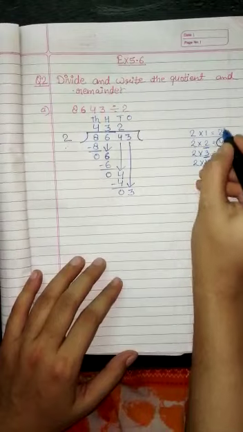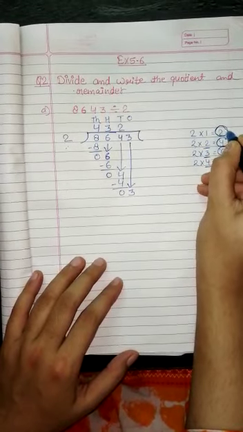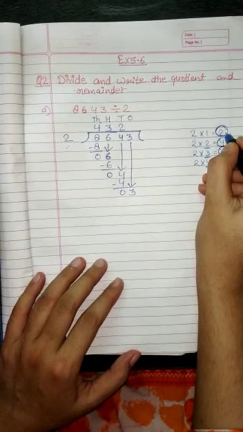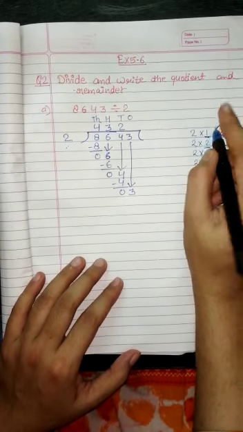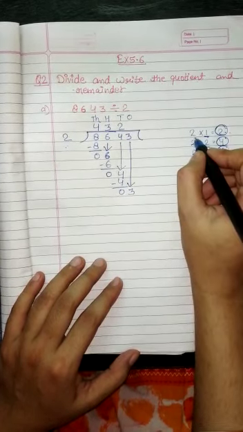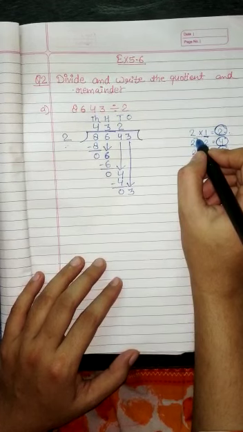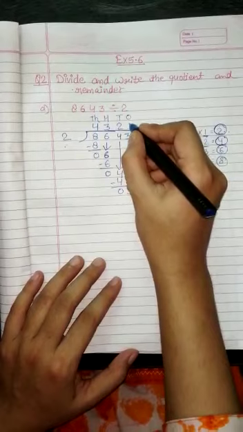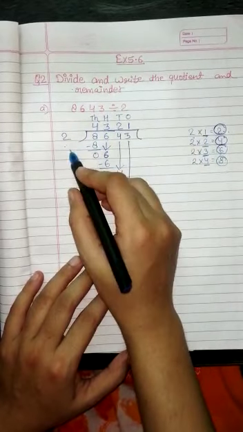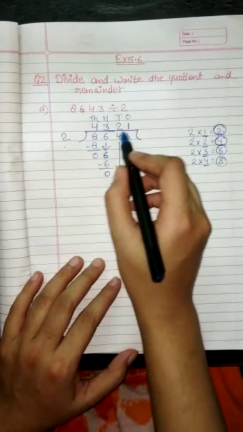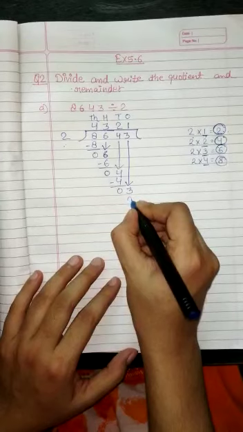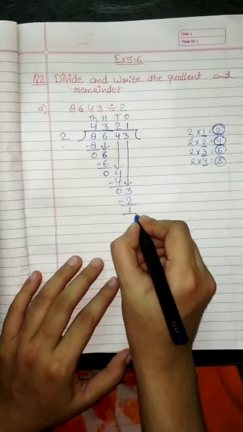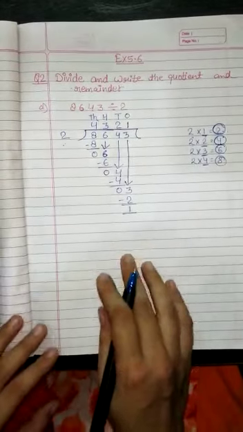We cannot take it. So we'll take the multiple that is above it, the previous multiple, we will consider that. Means we are going to take 2. How many times? 1 time. So in the table of divisor, this 2 is occurring how many times? 1 time. So we'll write 1 here. Now we'll multiply divisor with this digit. 2 ones are 2. Let's subtract, 3 minus 2 is 1.